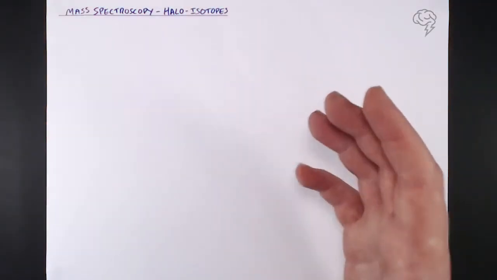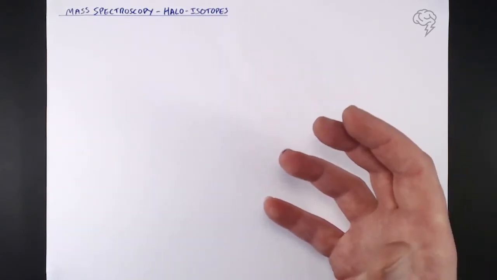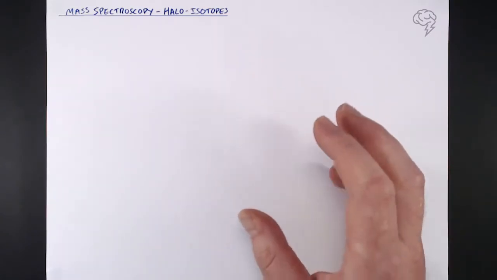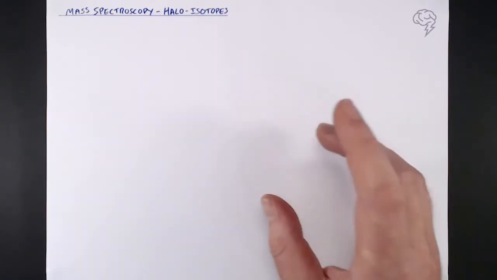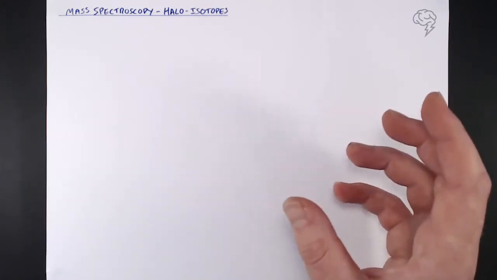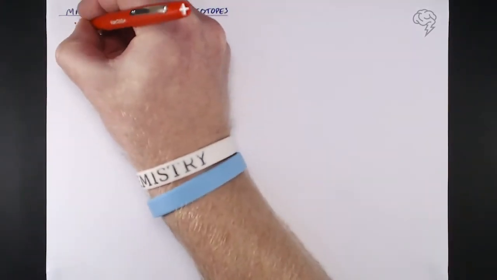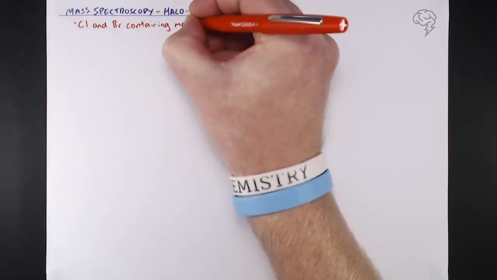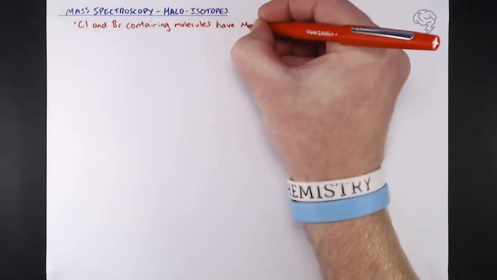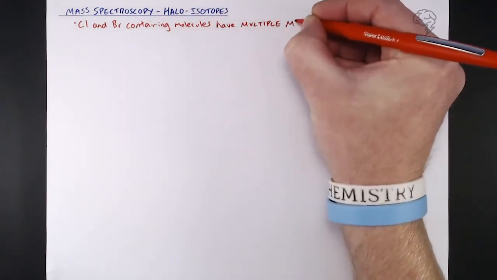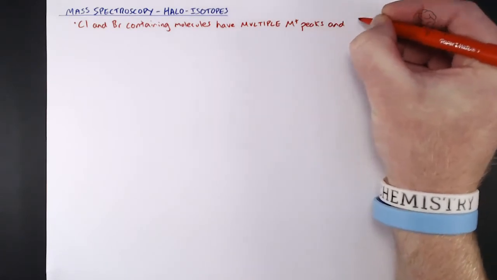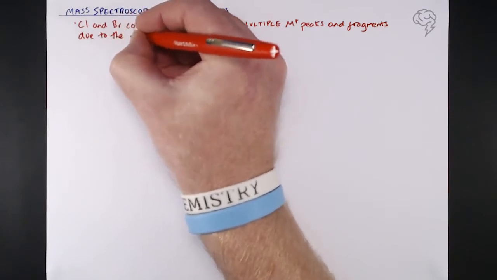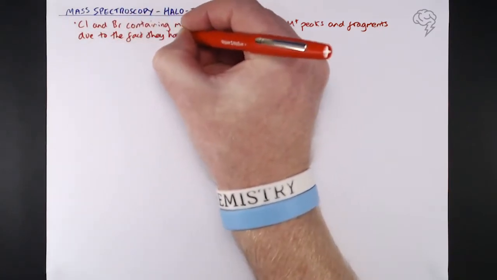So we know when it comes to mass spectroscopy of organic molecules, we can get different fragments. But when it comes to our haloalkanes, something else is thrown in the mix here. And that's because our halogens have pretty distinct isotopes. So specifically, chlorine and bromine containing organic molecules do have multiple molecular ion peaks and fragments. And that's due to the fact that they have isotopes, and we know that chlorine and bromine have pretty significant